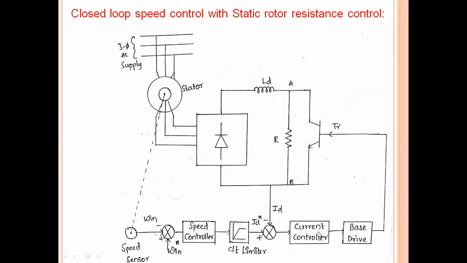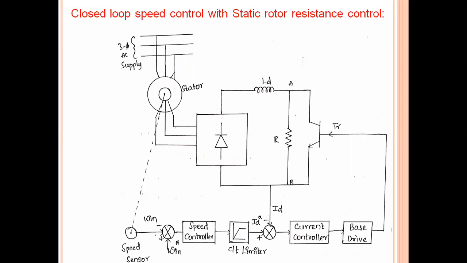If the circuit limiter, this one, if the circuit limiter is made to saturate at this circuit, the drive will accelerate and decelerate at the maximum torque, giving very fast transient response. That means if the set speed is increased or decreased, then the machine decides whether it has to operate in motoring action or braking action. So accelerate means motoring action, decelerate means braking action, right?